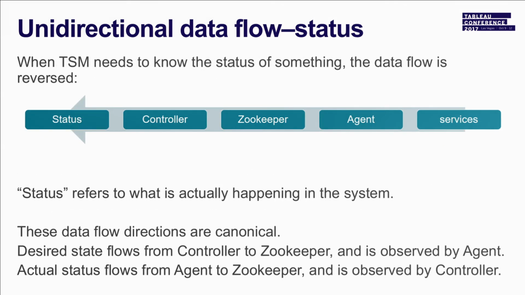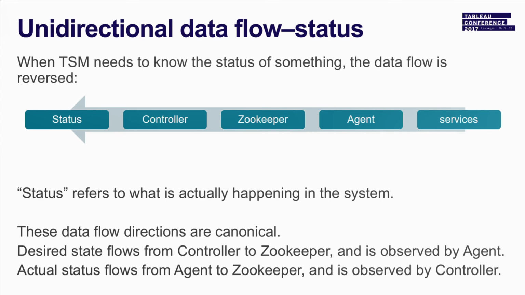One thing I haven't talked about very much yet is status. How do we do status reporting? How do we know everything's running? That is also unidirectional, but it's the other direction. So the services report their own status, and the agent sees that and aggregates it, posts it to Zookeeper, where